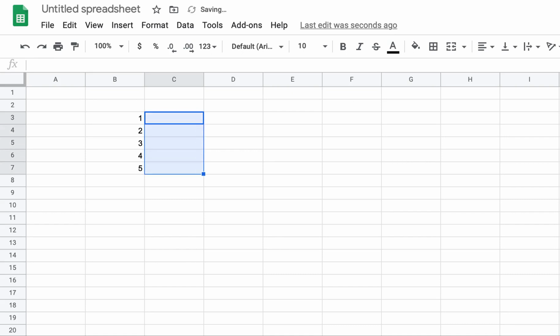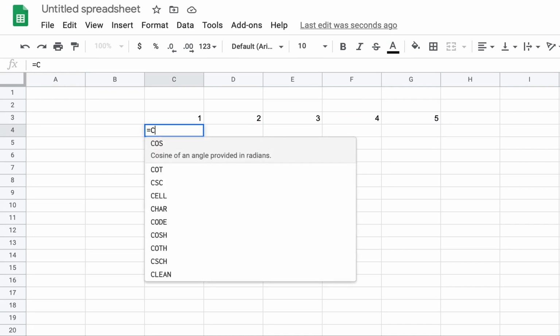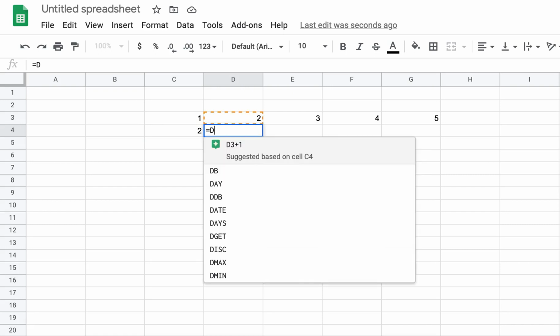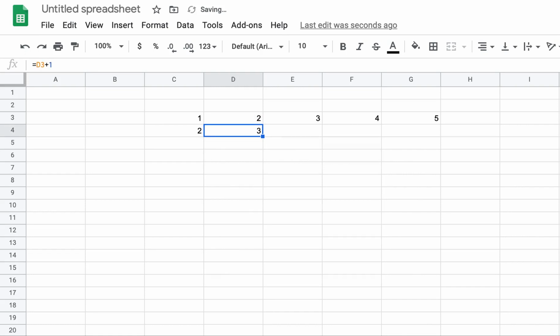The same thing we can do for rows as well. So let's say we create this whole thing in a row, 1, 2, 3, 4, 5, and in the next row I want to do a plus 1 of all these values. Then all I have to do is equal to C3, which has the value 1, plus 1. So this cell C4 will become cell C3 plus 1. Now the manual way of doing it, I again go to cell D4 and say D4 is equal to D3 plus 1, and I keep doing it manually.